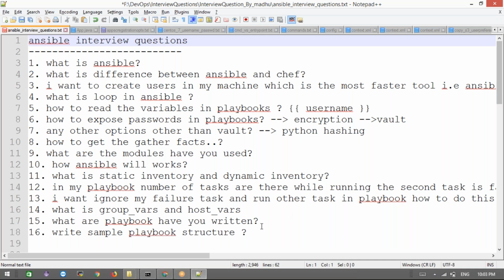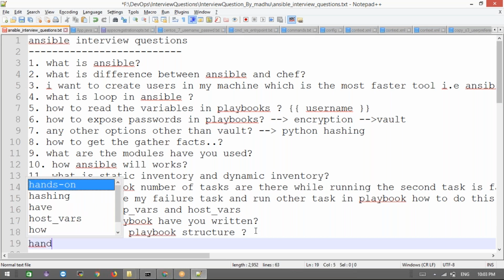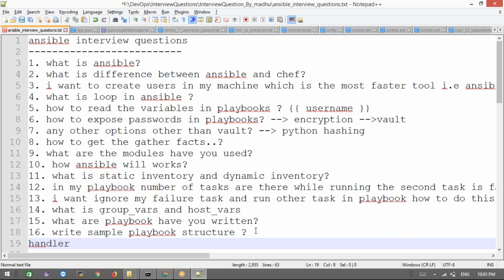Okay, they will ask one question on handlers, like how they will ask, for example.